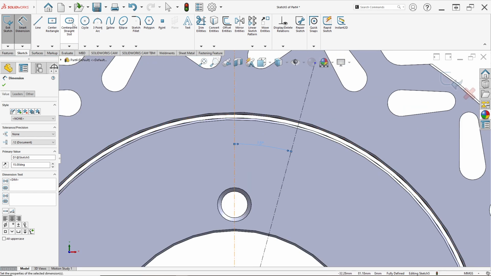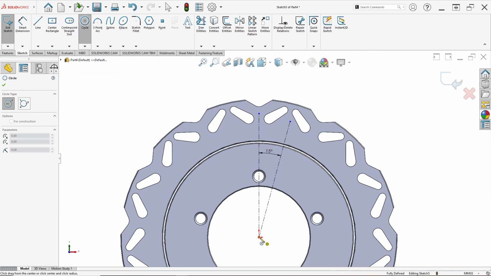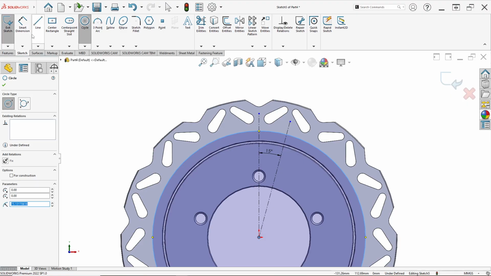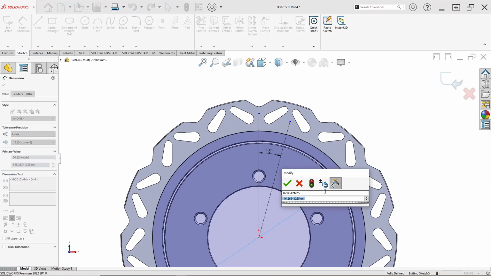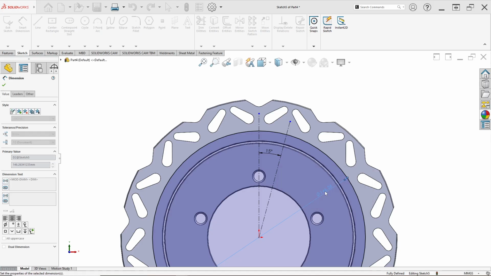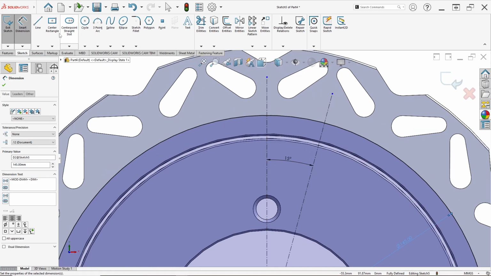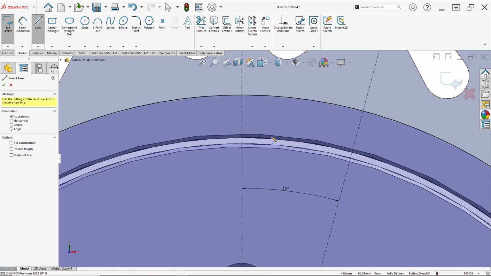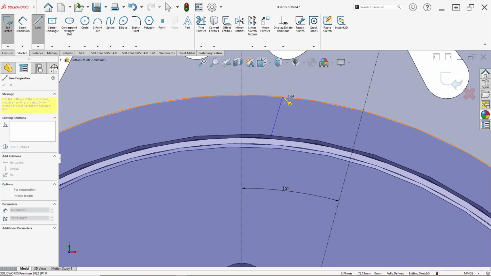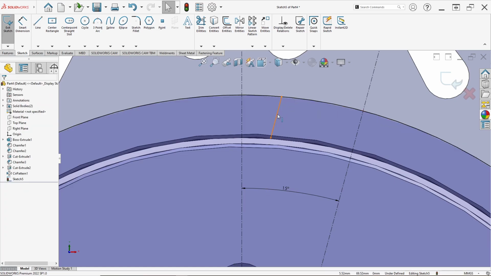Then draw a circle from this point. Set the dimension of circle diameter I set in 145 millimeter. Select line and draw from this edge to this circle.